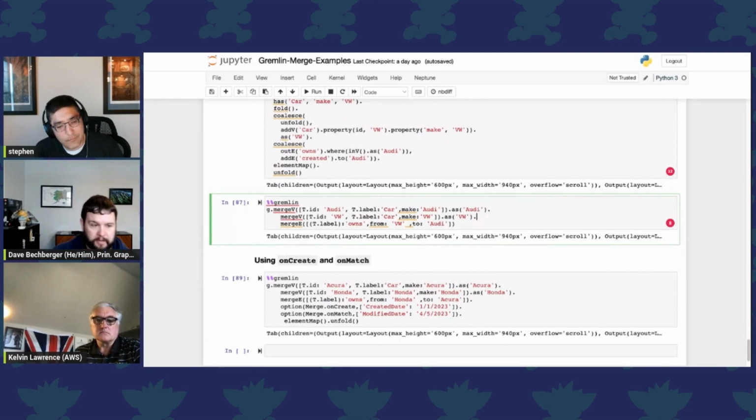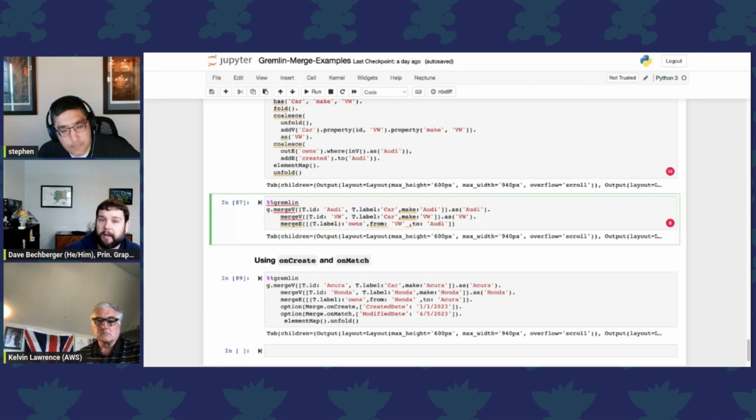They're also available in merge E, excuse me. So that was everything I wanted to highlight here. 3.6 does come with some other steps that we didn't discuss here, like the element step to get back to the parent element from a property map, the fail step, things like that. But I just really wanted to highlight these specific ones because, at least from my perspective,